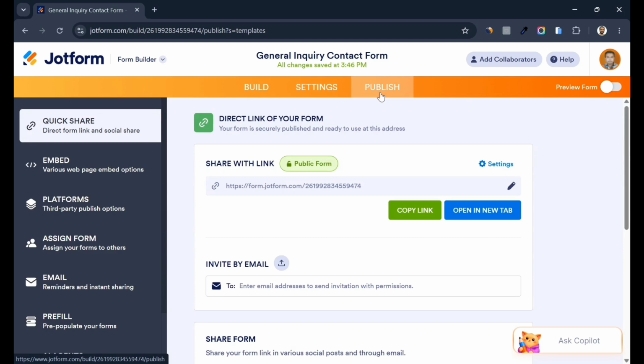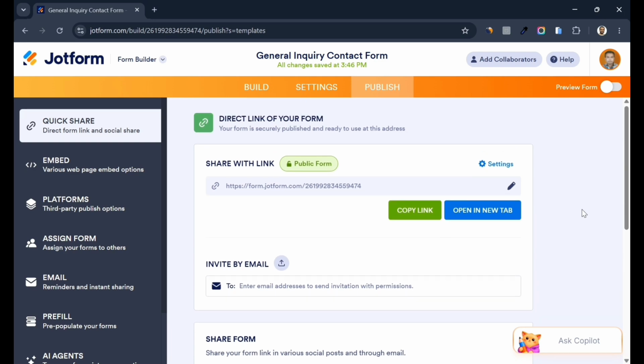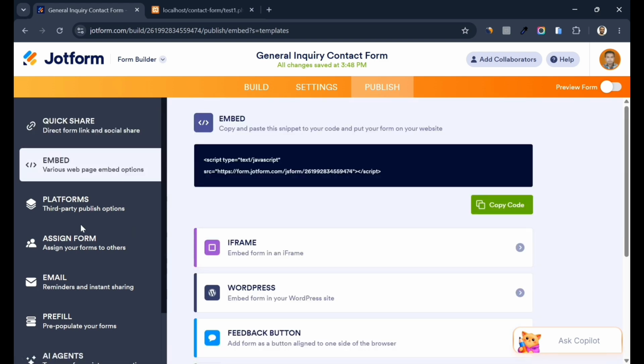Step 6, test your form and publish or share. Let's click the publish form button to publish our form and make it live. In the publish section, you can choose to share the URL of the form. You just have to copy this link and share it with your audience to display the form and get their filled data. If you want to show the form on your website, you can choose the second option, which is the embed option, to embed the form on your website with a simple short code.